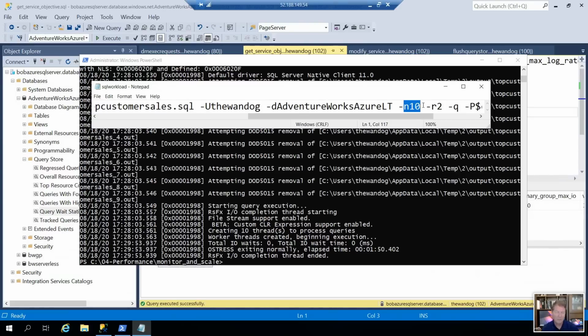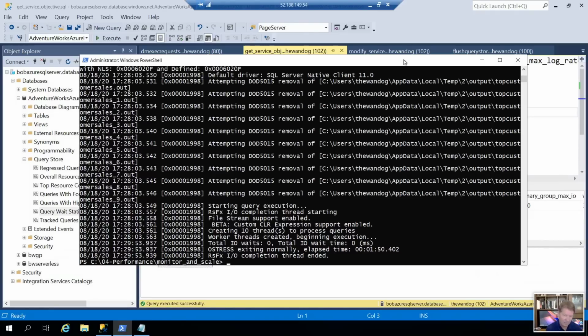This is 10 users concurrently running a loop twice. So 10 users, twice, run this query over and over. And Q means quiet mode, so don't process results, because I don't care about results in this case. This is a common tool I use all the time for these types of scenarios, so I'm going to run it again.